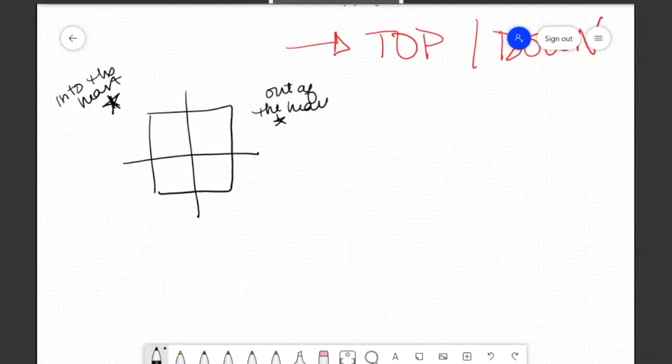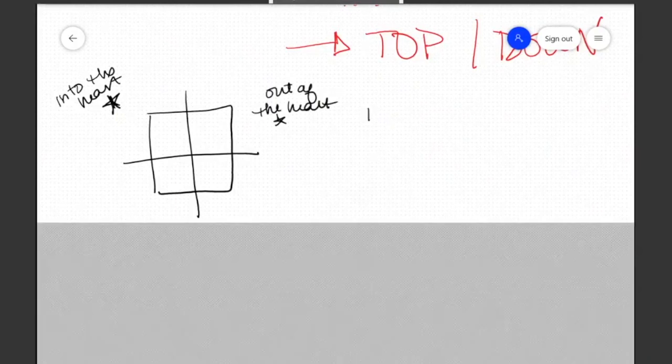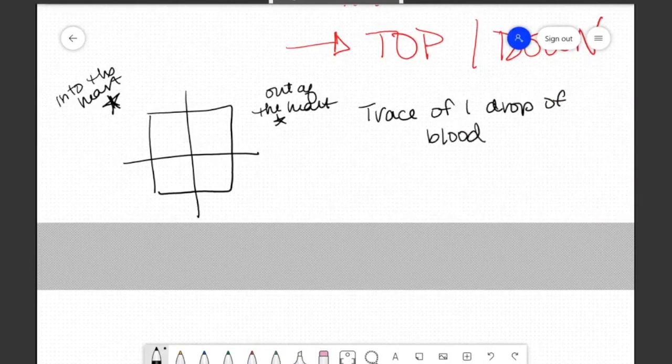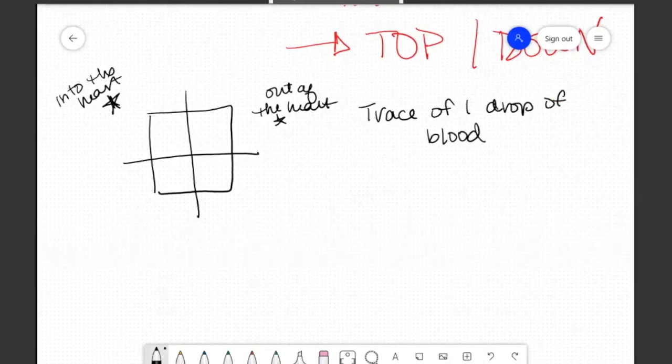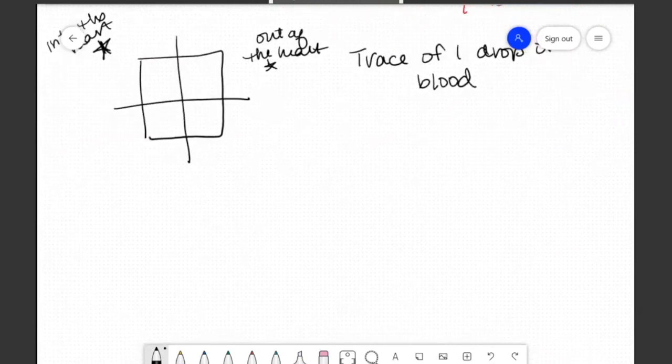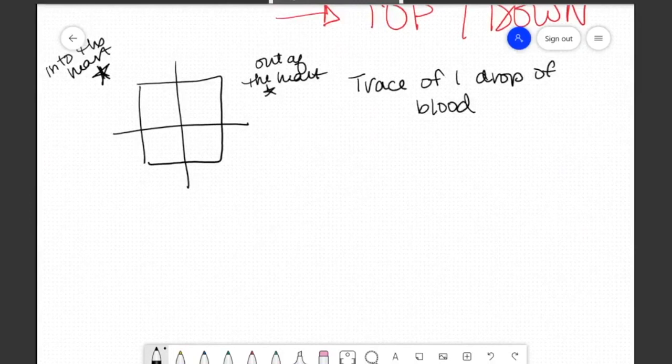If we were to trace one drop of blood coming into the heart and going out of the heart, what is the path that that blood takes, knowing all of the pieces we have talked about? So we're going to do it together, and this is where we're going to end today. So we have one drop of blood that's entering the heart, one drop of blood that's going out of the heart. We're going to trace it all the way through the heart, and we're going to find the step-by-step